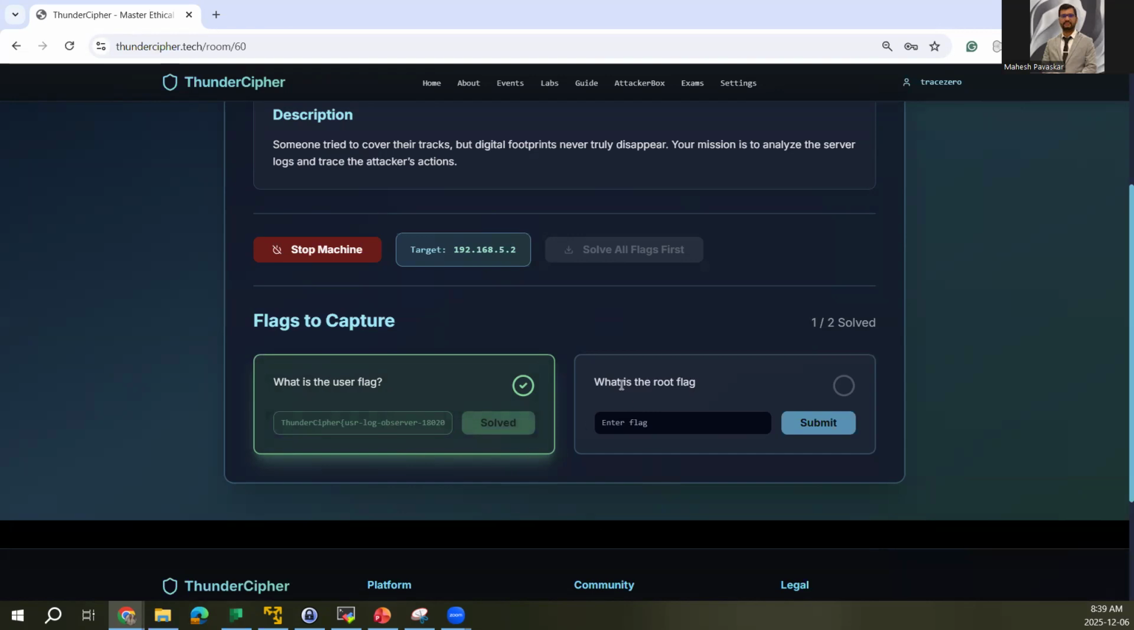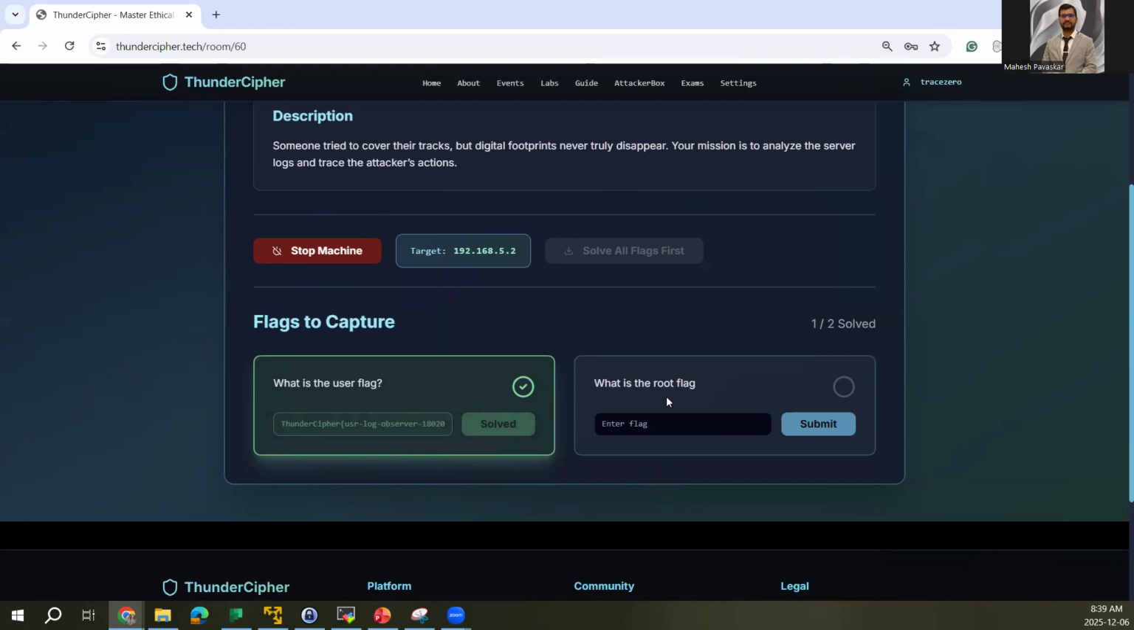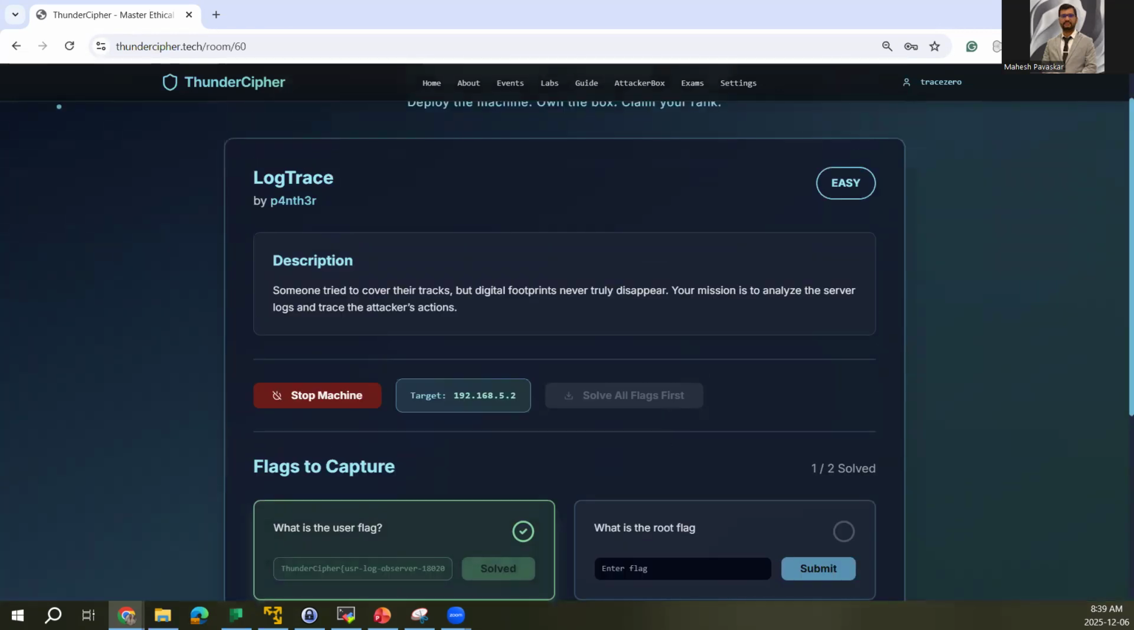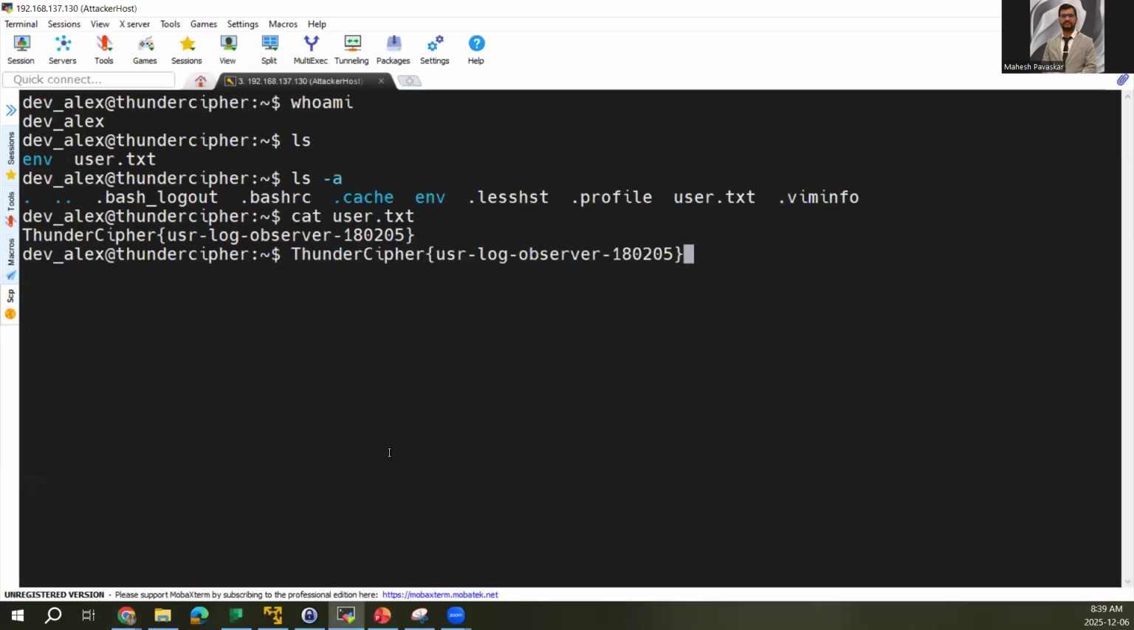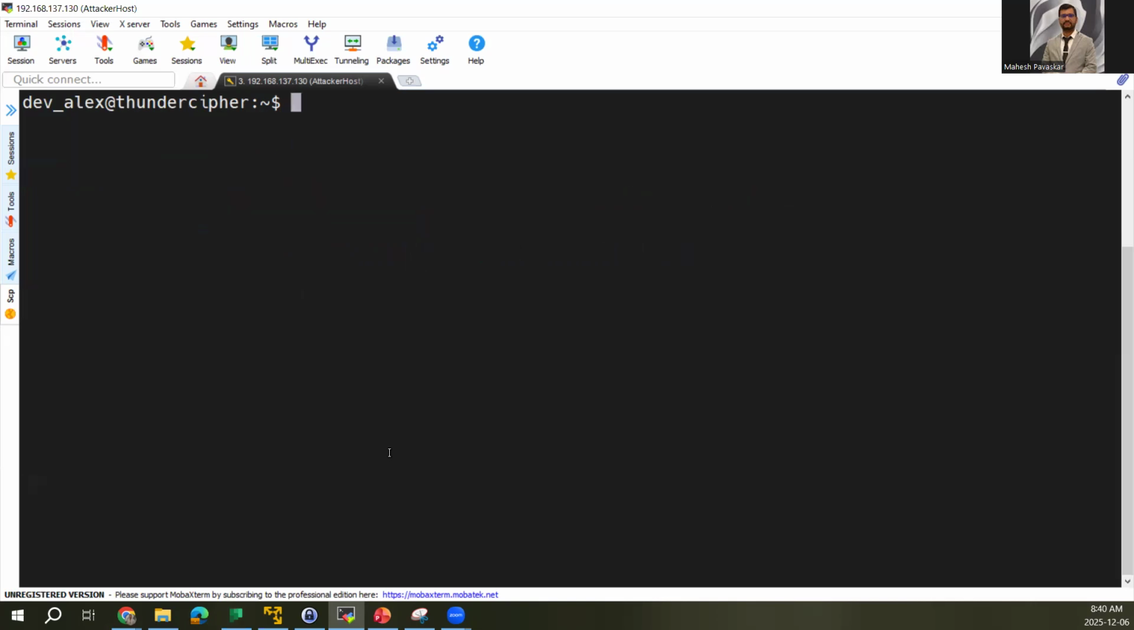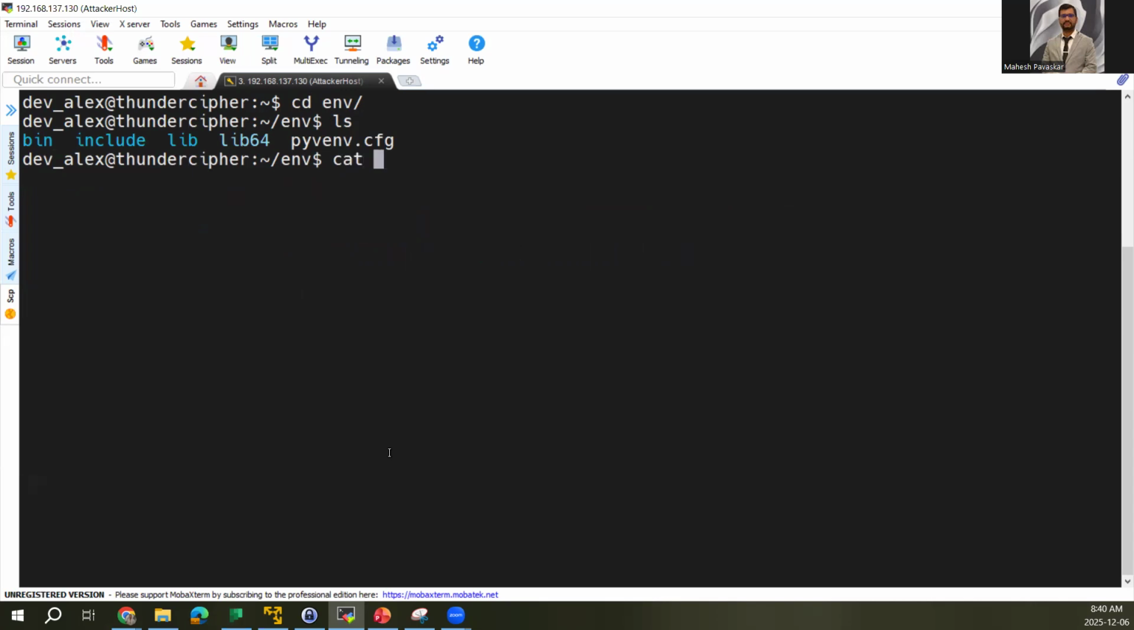Now our goal is to move from user flag to root flag. So let's see how we can do it, okay? I hope until this point you got the proper understanding of how we navigate, step by step. So now we are at the LogStrace dev_alex user. When I do ls, I got to know there is an env directory. So as a curiosity, I simply enter the directory and again do ls. There is a Python environment,